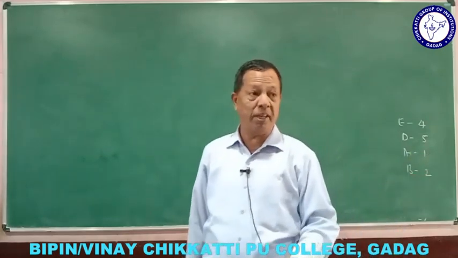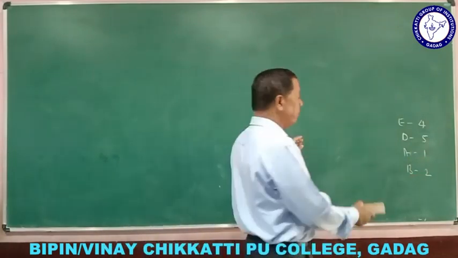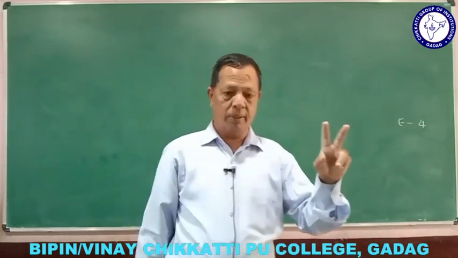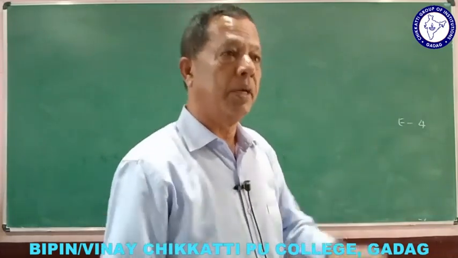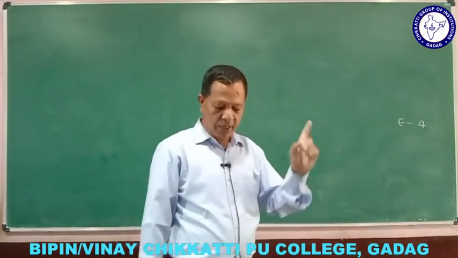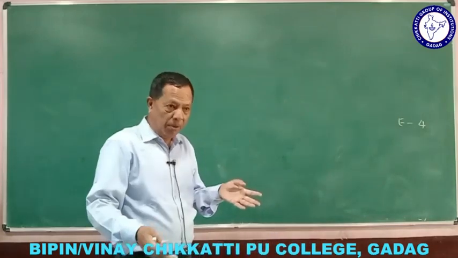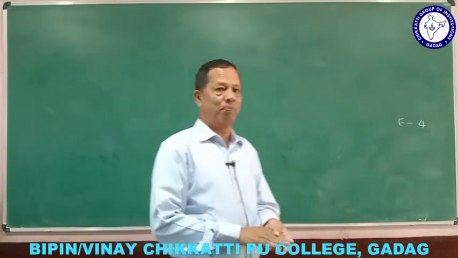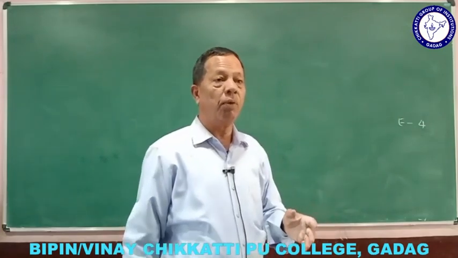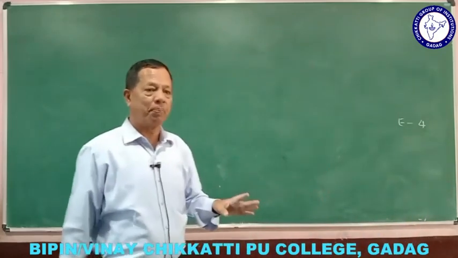So A, B, C, D, if you take it here, we can see that 12 marks. But I am telling this: there are 2 questions under part E, and 4 marks questions are restricted only to 2 topics. One is continuity in calculus, and the second one is determinants. For determinants, not the whole chapter they are considering. Only what are they considering? Properties. So I have to tell you the properties today.